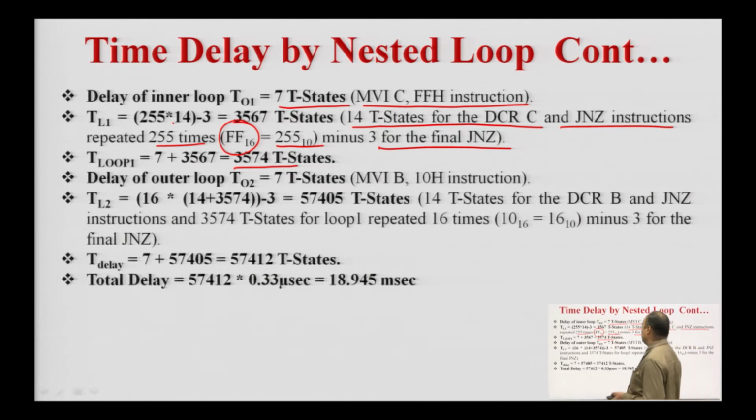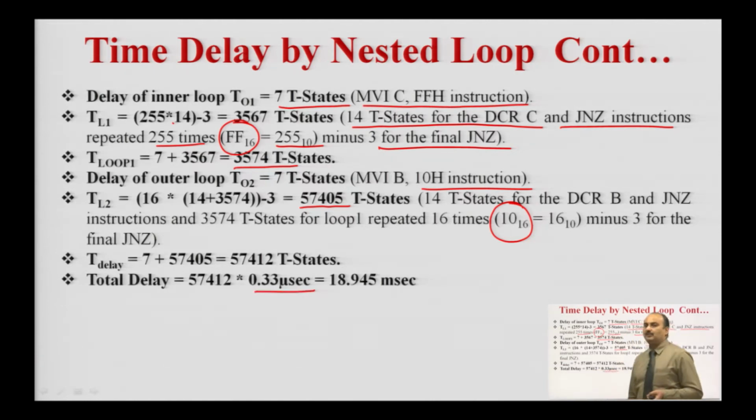Now, the delay of the outer loop, TO2, is 7 T states for the MVI B 10H instruction. Then TL2 is 16 multiplied by 14 plus 3574 minus 3, which comes out to be 57405 T states. So, 14 T states for the DCR and JNZ instructions and 3574 T states for loop 1, repeated 16 times for this value 10, which is 16 decimal, minus 3 for the final JNZ instruction. Therefore, the total delay is 57412, multiplied by 0.33 microsecond,